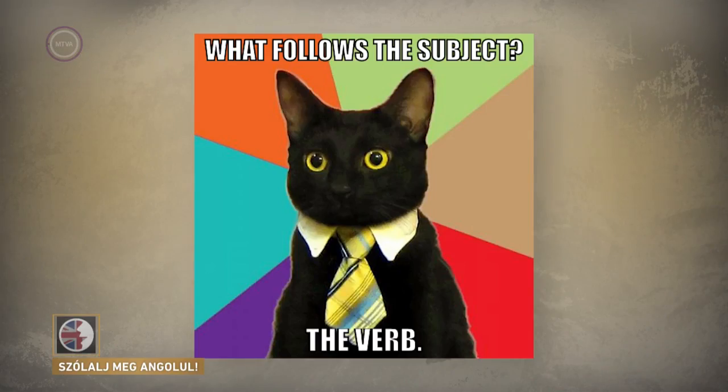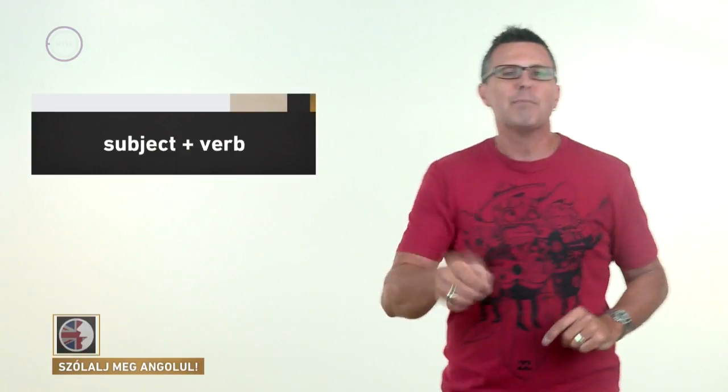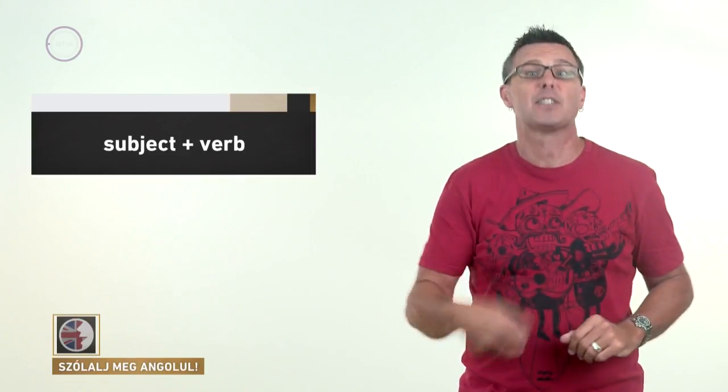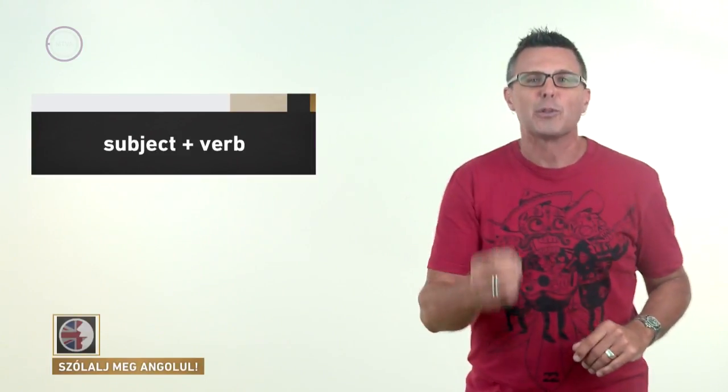Thanks, guys. But we can all see that there are still problems with Yoda's sentence, can't we? Yes, the subject is in the right place now. But what follows the subject in a standard positive sentence in English? Business cat? Any ideas? Thanks, business cat. Yes, after the subject we get the verb. Okay, so as the monkeys at work showed us, we start with the subject, and then, as business cat just told us, we follow the subject with the verb.